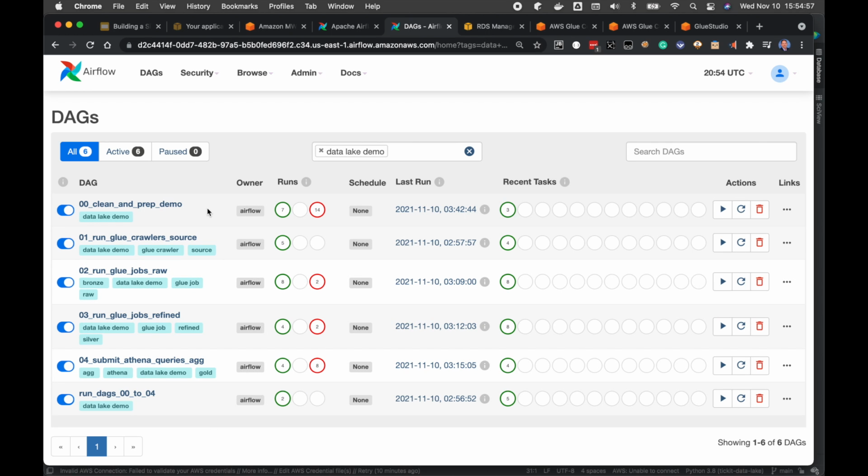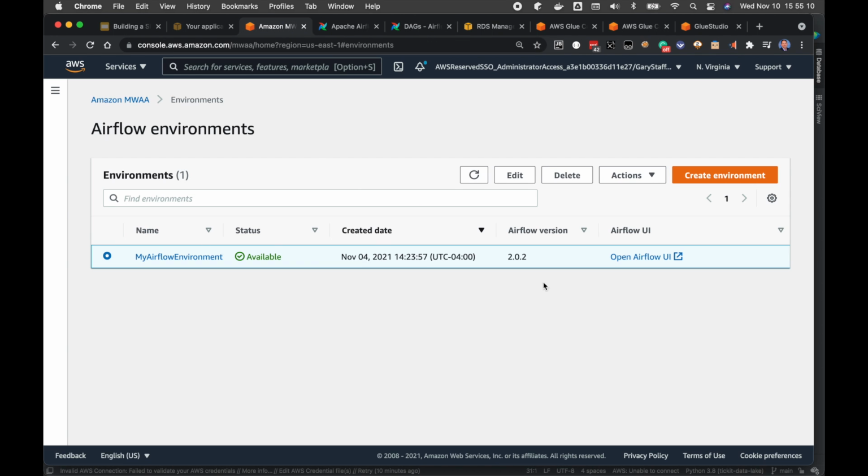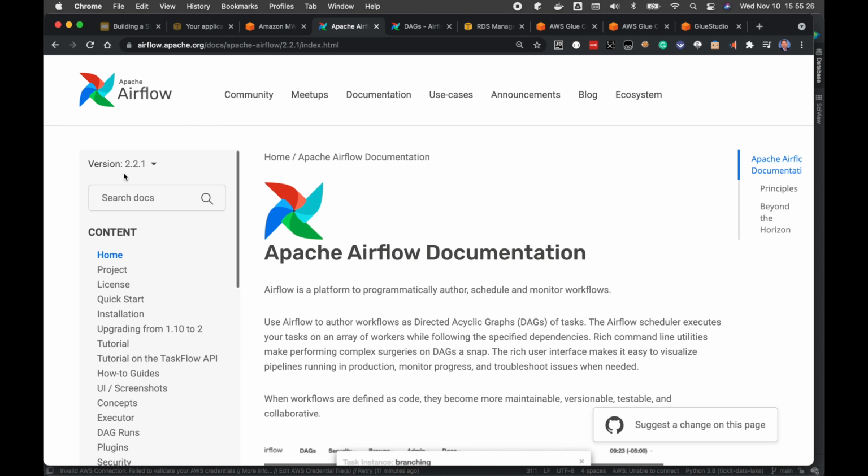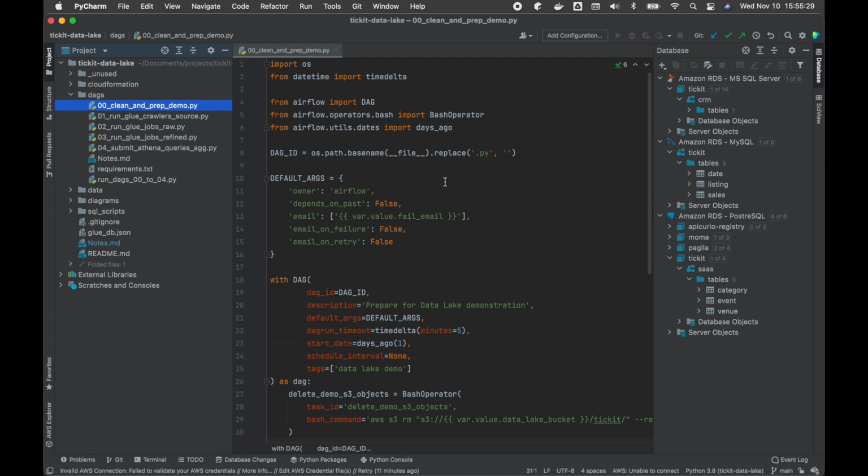I'll be demonstrating both of those. I also have a preliminary DAG, 00 DAG, which will clean up any existing resources from previous runs of the demonstration and prepare the environment for the new demonstration. One thing to note, you'll notice in my environment the current version of Airflow for Amazon MWAA, the 2.x version, is 2.0.2. So 2.0.2 is the current Airflow version available through Amazon MWAA. The current stable version of Apache Airflow is 2.2.1. If you're working on developing DAGs for Amazon MWAA and you're working in your own local development environment, make sure that you're using the proper version. So again, that's 2.0.2 currently when you develop your DAGs